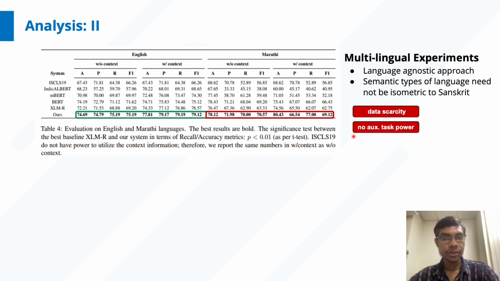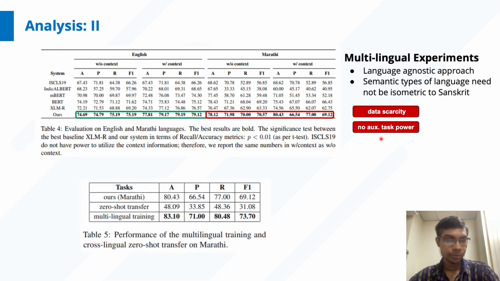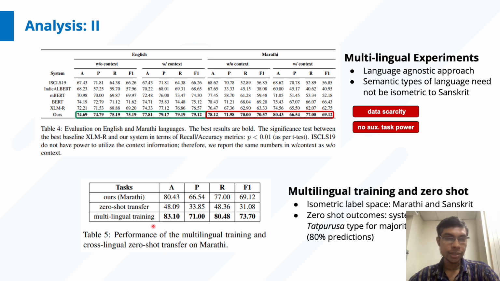And in Marathi, we could not activate the auxiliary task. Also, we performed the zero shot experiment and a multilingual experiment. We found that multilingual training helps Marathi to improve the overall performance. Coming to the probing analysis,